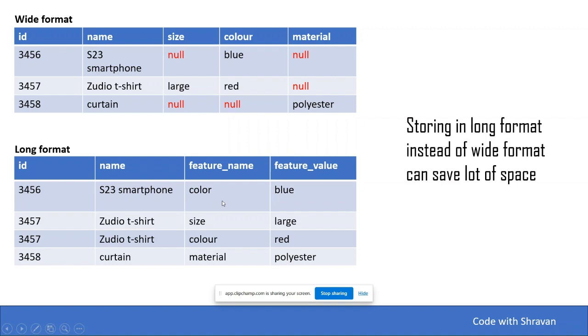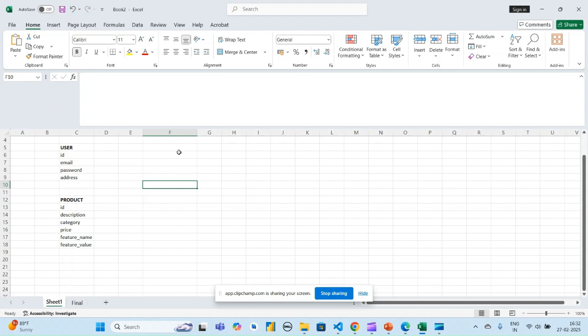So for smartphone, the color is blue. Similarly, for Zudio, there are two features, size and color, and large and red are the respective values. So storing in this format, which is also known as long format, saves a lot of space as there won't be null values. So once we have user and product tables, we'll also need to have another table called